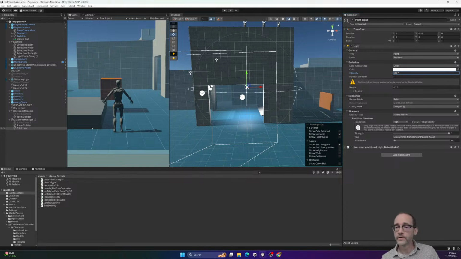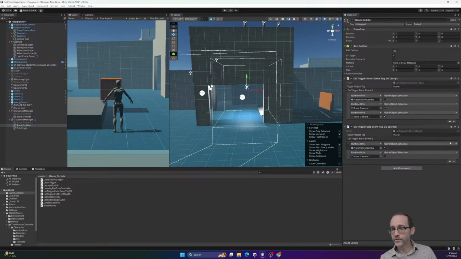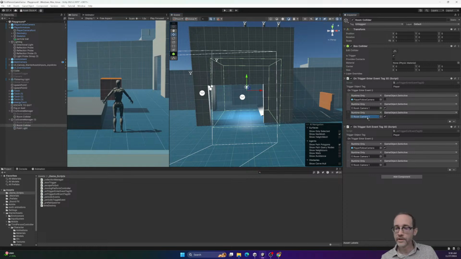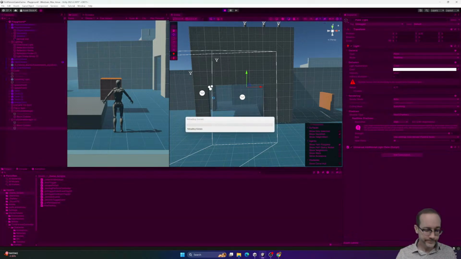And now this can be managed from our collider. And we just need another on-off sequence here. And so we'll take the point light and we'll turn that on. And we'll take the point light and we'll turn that off. And just like the camera, we probably want the point light to be off by default. And so now